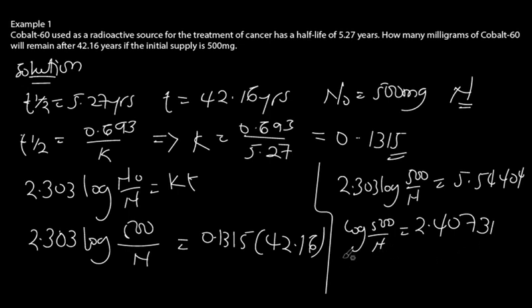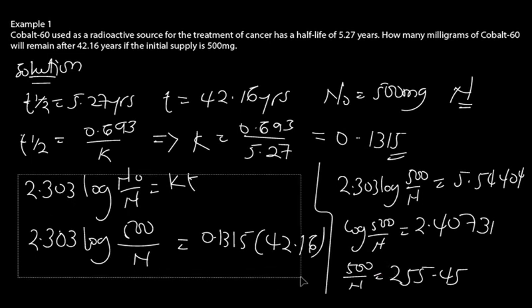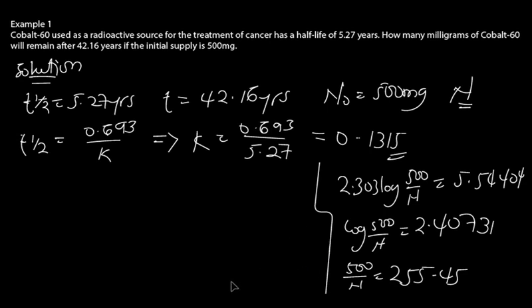Now we find the log inverse of this. So 500 over N is equal to the log inverse of the answer, which gives us 255.45. Then we make N the subject, so we get 500 divided by 255.45. Putting this into the calculator, our answer is 1.957